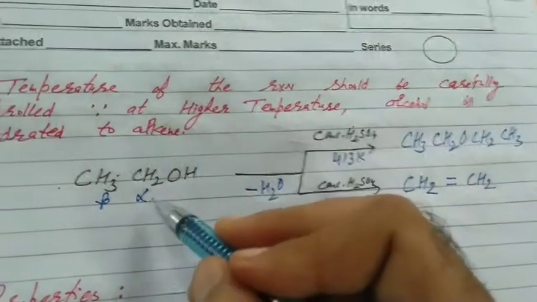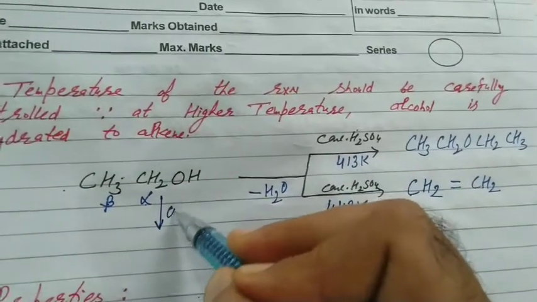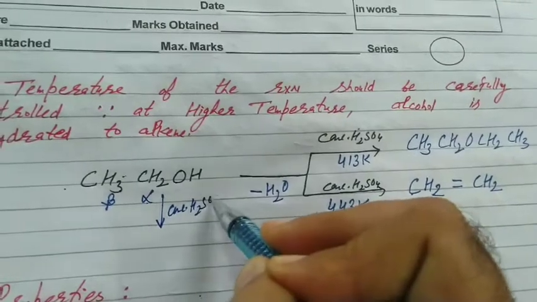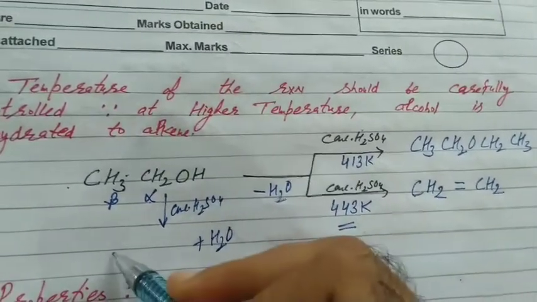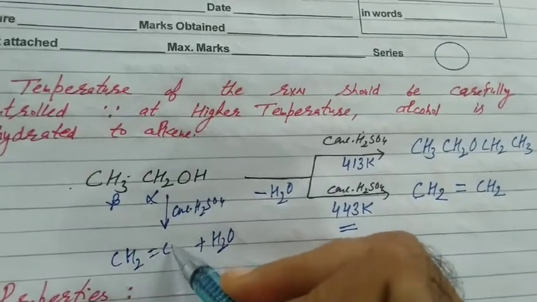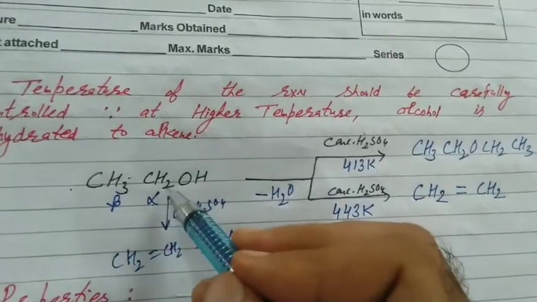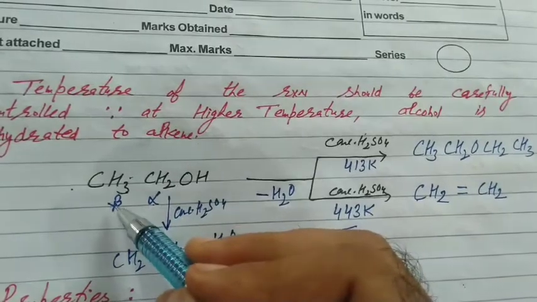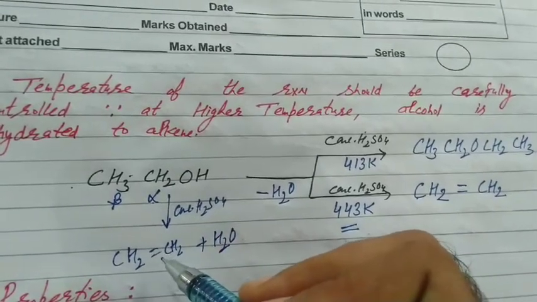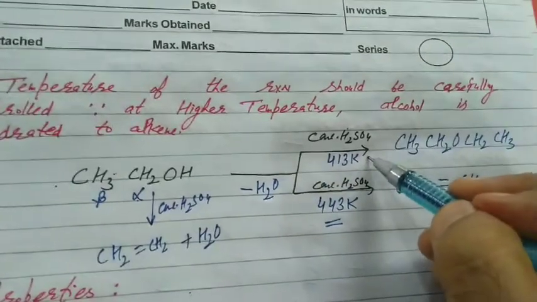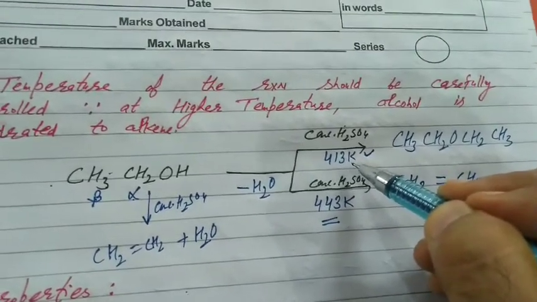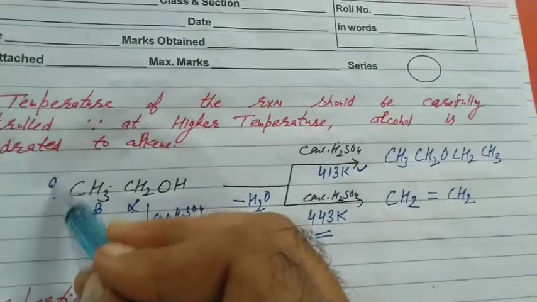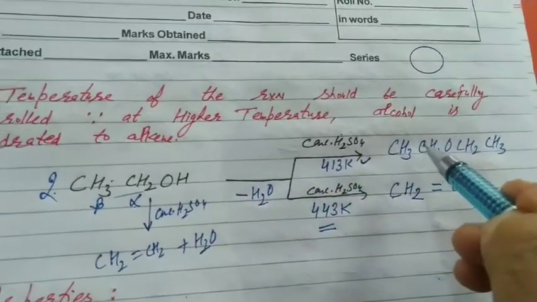When temperature is not mentioned, it is general concentrated H2SO4. It is dehydration, students. Again we will lose water, and as already done a number of times, the product will be alkene. Water is formed by the combination of H and OH. Alpha OH and beta H eliminate and the product is alkene. We will form ether only under this condition, when temperature is mentioned, 413 Kelvin, optimum temperature. Now it is bimolecular and gives ethers as the product.